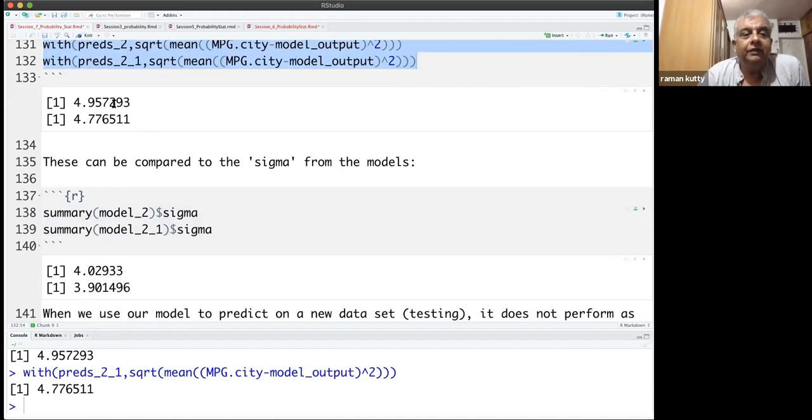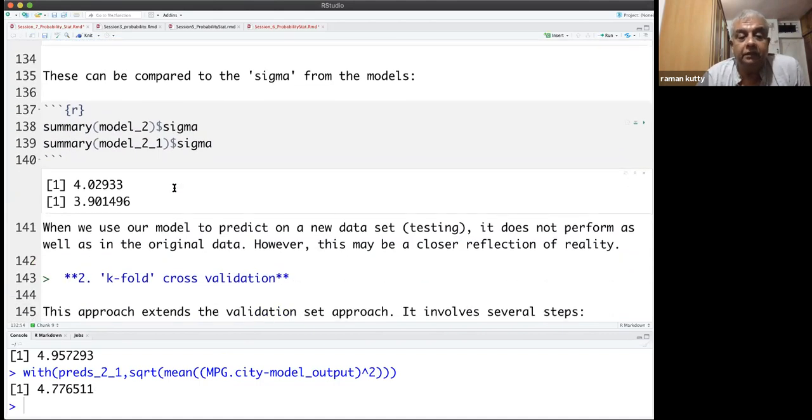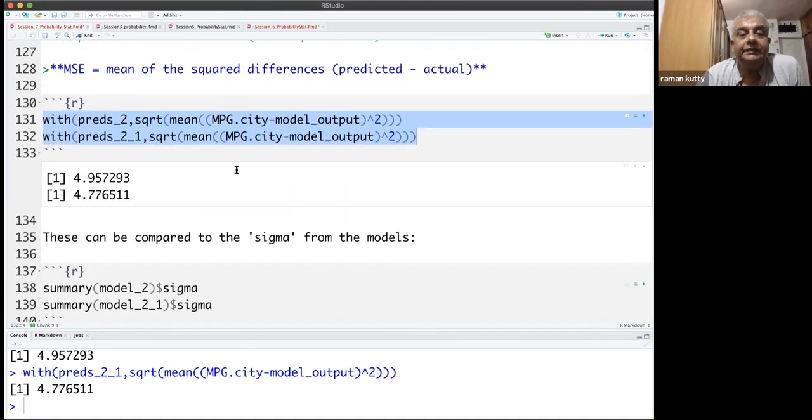The second one definitely has a lower sigma compared to the first model, but the estimated RMSE from the testing data is much higher than what we get for the overall data. So this gives us a better estimate of our error.